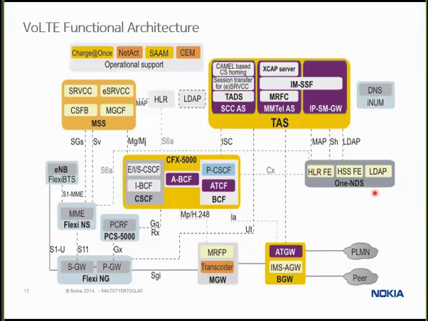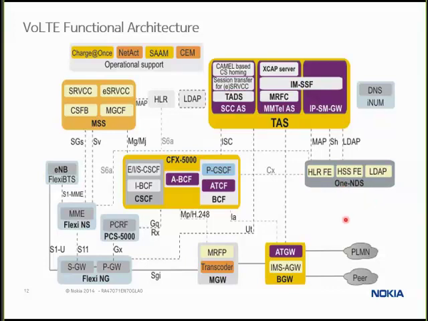Provides the heavy database so that the telephony application server can access what it needs to determine if the subscriber can or can't do those services. The call serving function assures that the subscriber is authenticated. The MSS actually talks to this 1NDS because it's talking to the home location register function. The home subscriber server that the MME uses is also a part of the HSS functionality, which is all part of the 1NDS network.